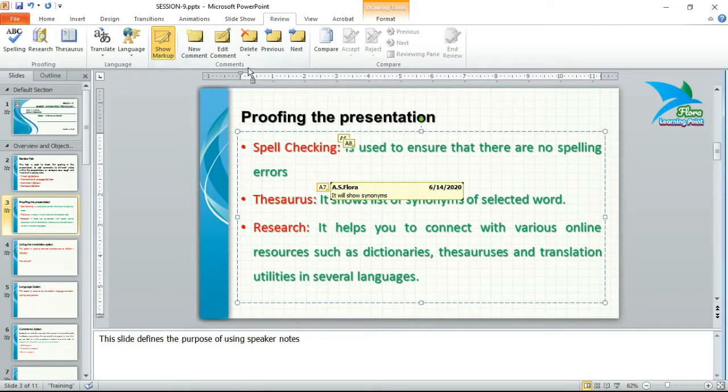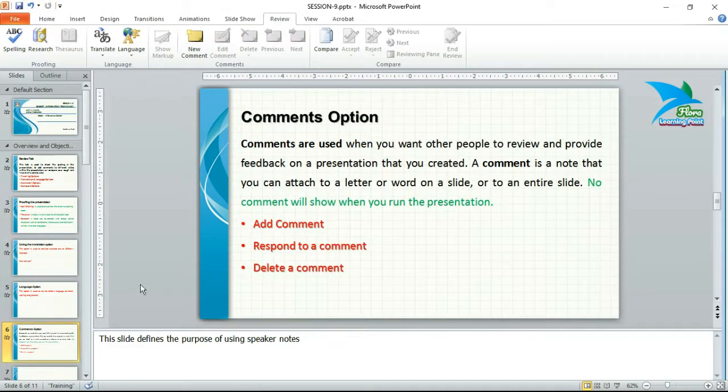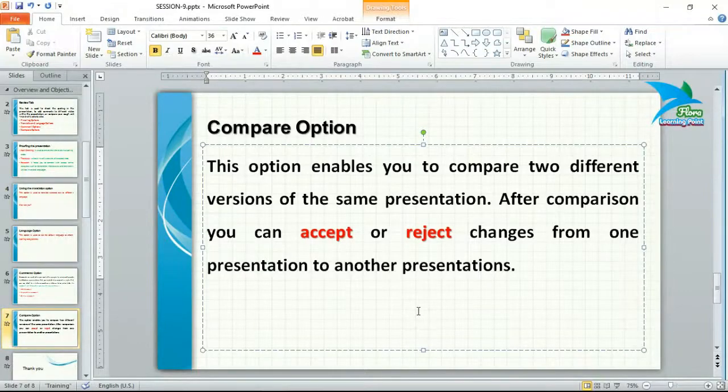Just select that comment and click on the delete option available in the comments group of the review tab. It will delete the comment. So that is all about how we can add comments, respond to a comment, and delete a comment.